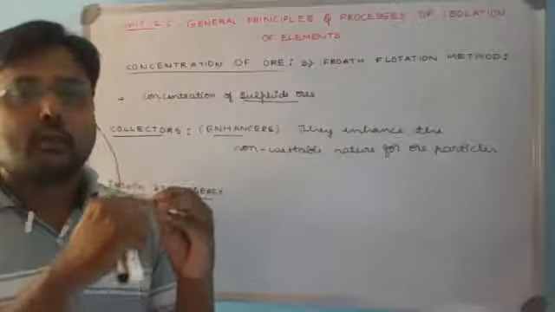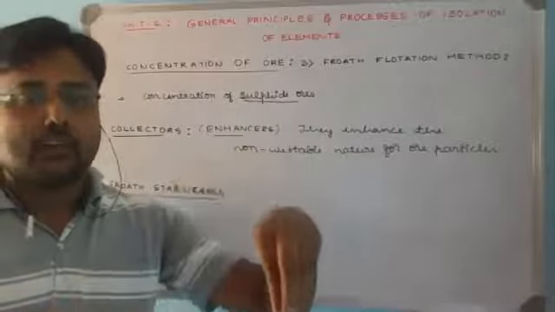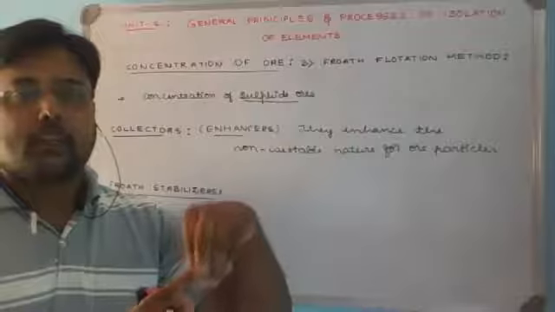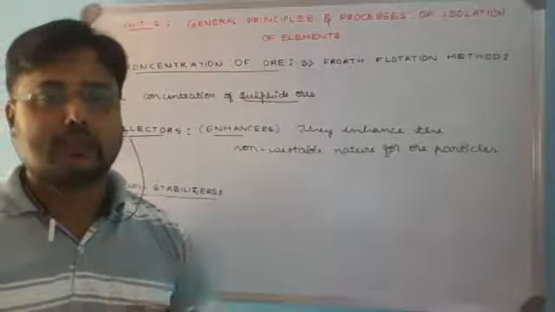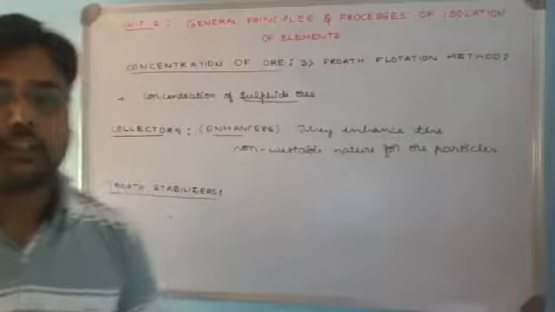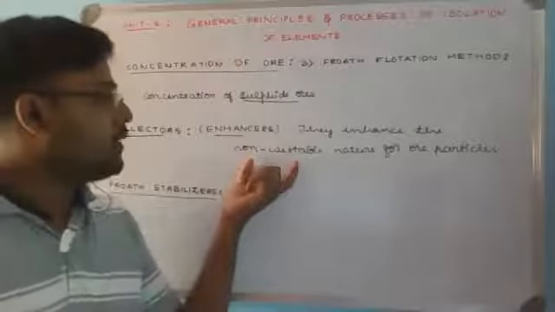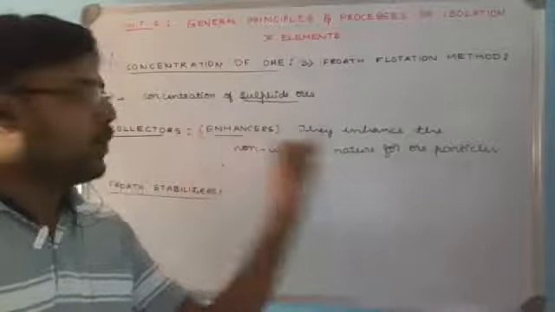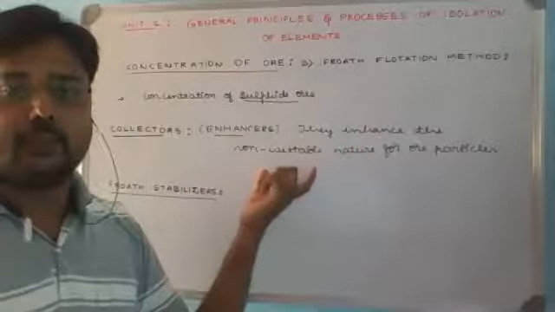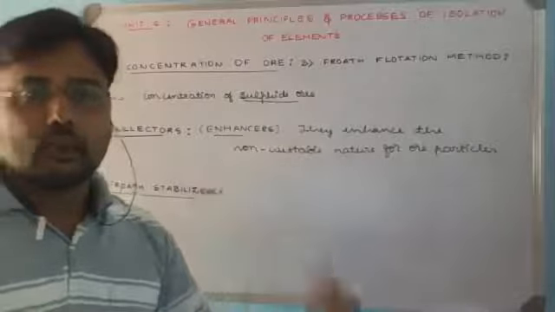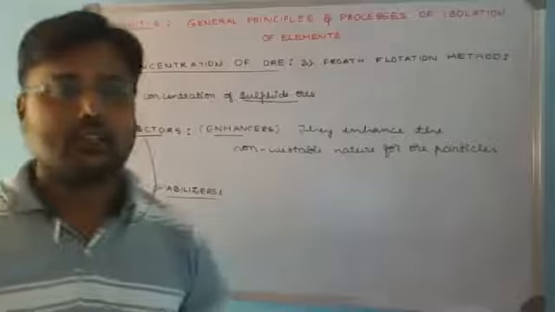Once the ore is coated with the oily substance, that is the collector, and it is added in water, it will be repelled by the water and will not mix with the water. That means it is going to form an immiscible substance in water. Hence it means non-wettable nature with respect to water. So with the addition of collectors, the non-wettable nature of ore particles is enhanced. In order to give the non-wettable property to ore particles, collectors are used in the process.